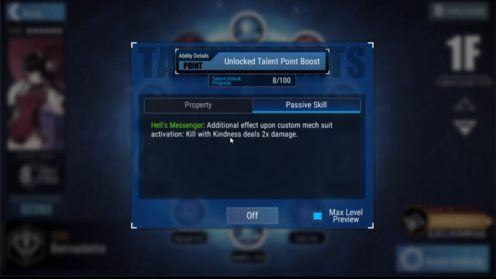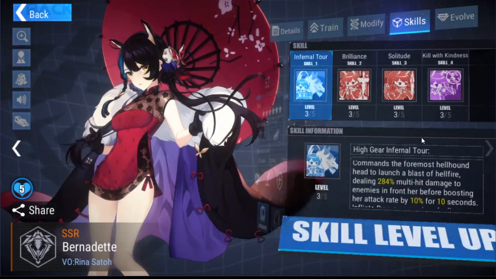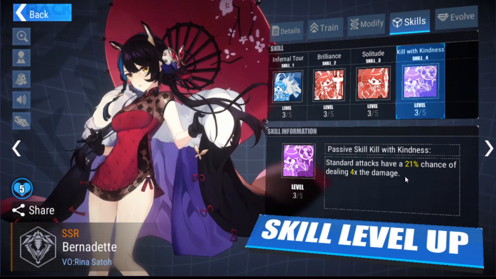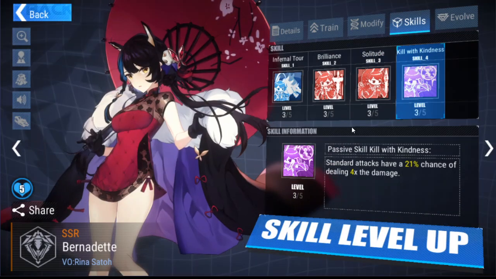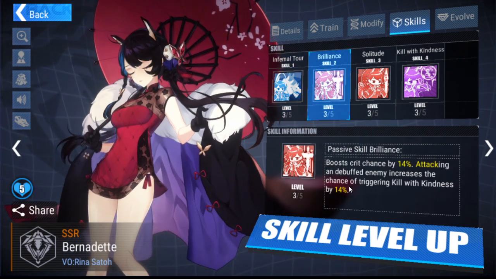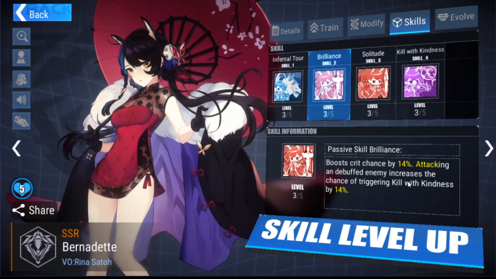It's not that much, but as you can see here, Hell's Messenger, you need your mech in order for this to actually have effect. So Kill with Kindness deals ×2 damage. Now, the reason that's important is Kill with Kindness here, standard attacks have a 21% chance of doing 4 times the damage, and that percentage goes up as you level this up, which I will do eventually, because Bernadette's actually worth it. But Brilliance also gives a chance of triggering Kill with Kindness when you attack a debuffed enemy,